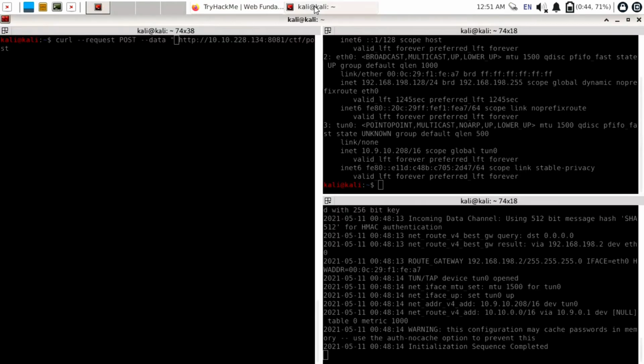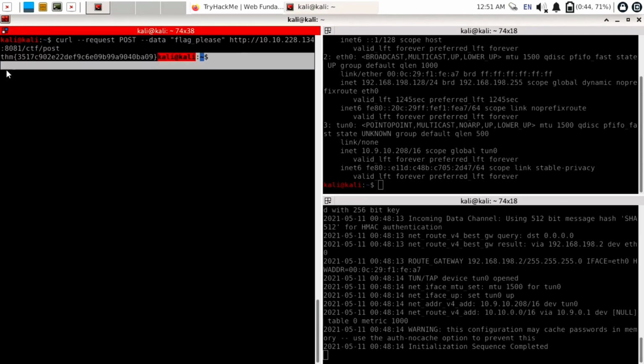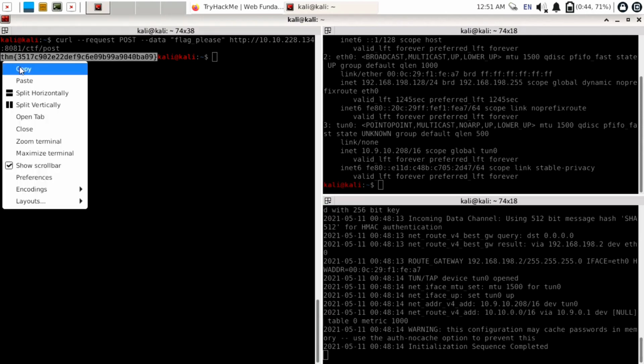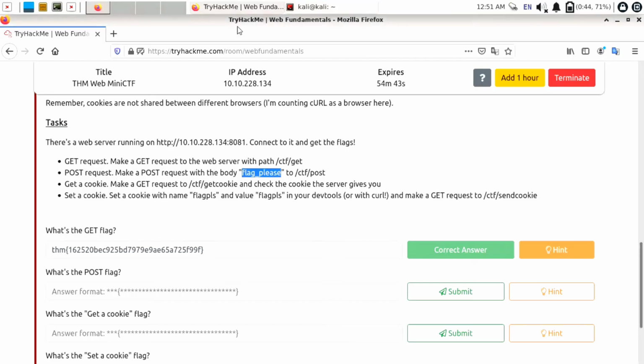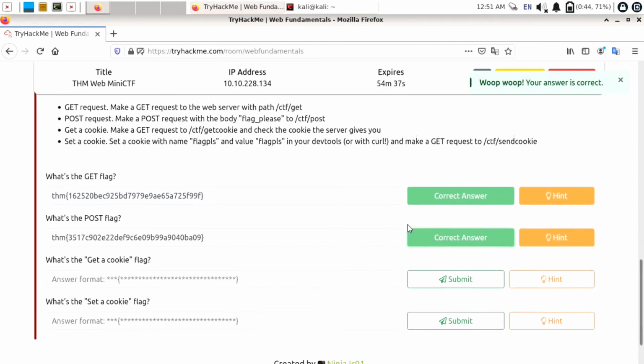Copy this and paste it into data. Close this with double inverted commas and hit the enter button. We successfully got flag 2. So simply copy this flag, open the browser and paste that flag. Click on submit. Yes, we successfully captured this.